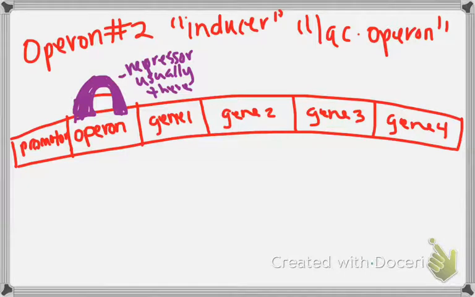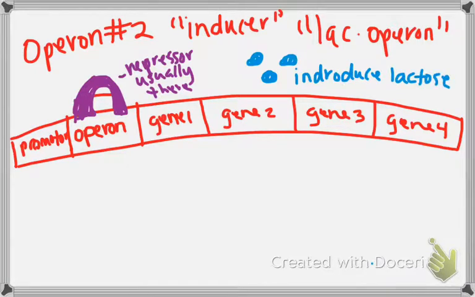Unless, this is the only way you can get that repressor to go away. You come and introduce some glucose molecules, or pardon me, lactose. So go ahead over here, put introduce lactose. You're going to introduce lactose, and this is what is going to happen. This little guy is going to be filled with a glucose, or pardon me, a lactose molecule. I'm used to saying glucose. And because it has been introduced to lactose,